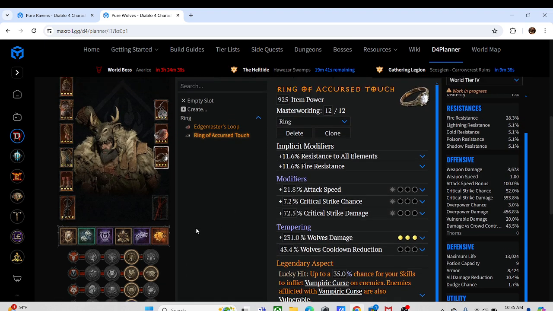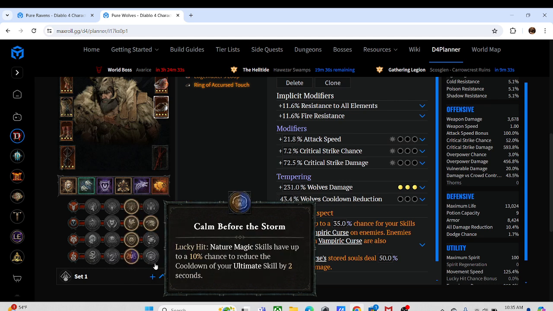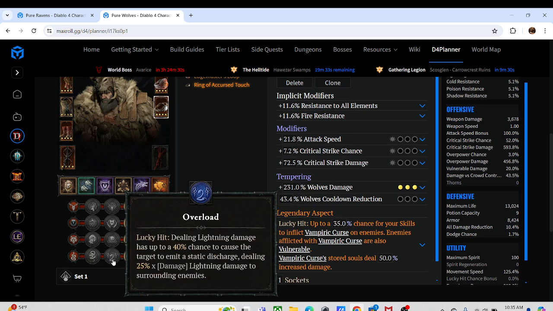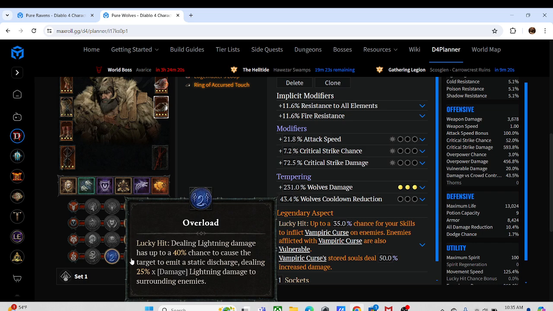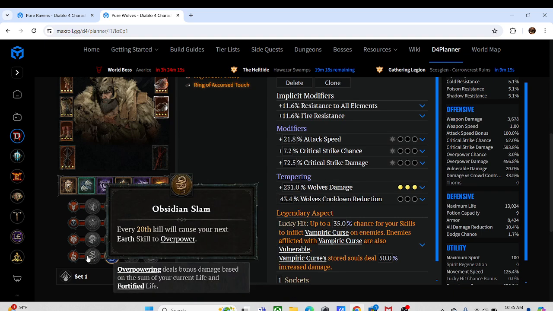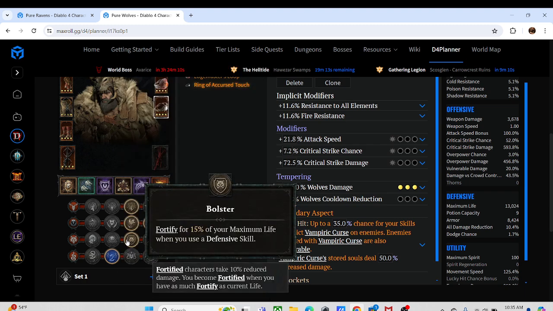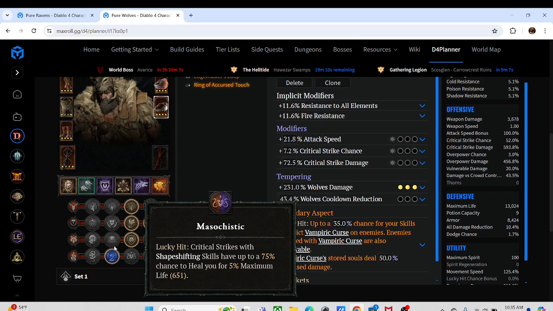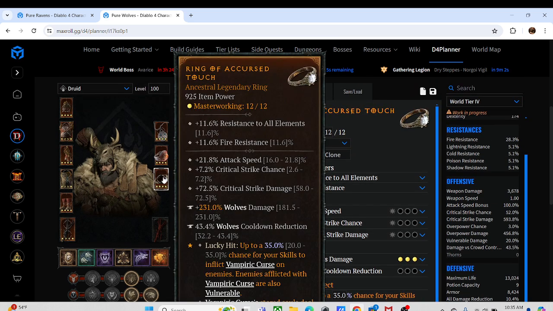And one thing I will also say is that with Storm's Companion, you actually get a 4th boon. So dealing lightning damage has up to a 40% chance to cause the target to emit a static discharge, dealing 25% lightning damage to surrounding enemies. So if you have Storm's Companion on, you want to go Overload, but we don't actually have anything that can proc any of this, which is hilarious in my opinion. Oh wait, sorry, I guess we have Rabies, but like OMG, we have one thing that can proc Masochistic. But if you have Storm's Companion, you do get Overload, and you do have the ability to maybe drop Ring